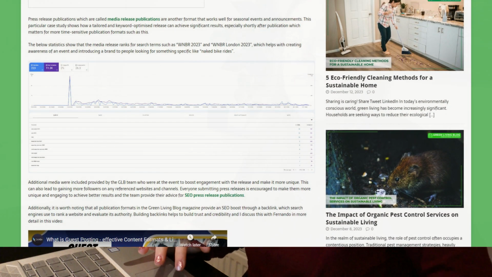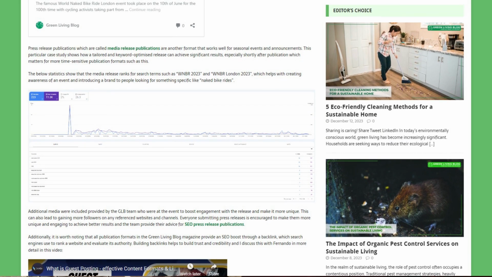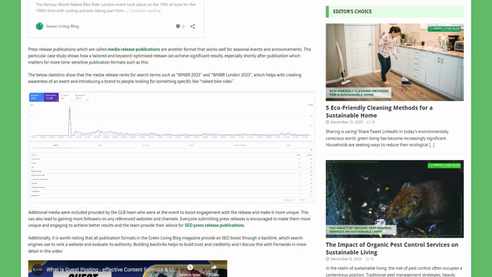So for media releases, the timing is quite important, especially if it's an event or something that you're announcing. And that article has got some really good results as well, over 11k impressions on Google,